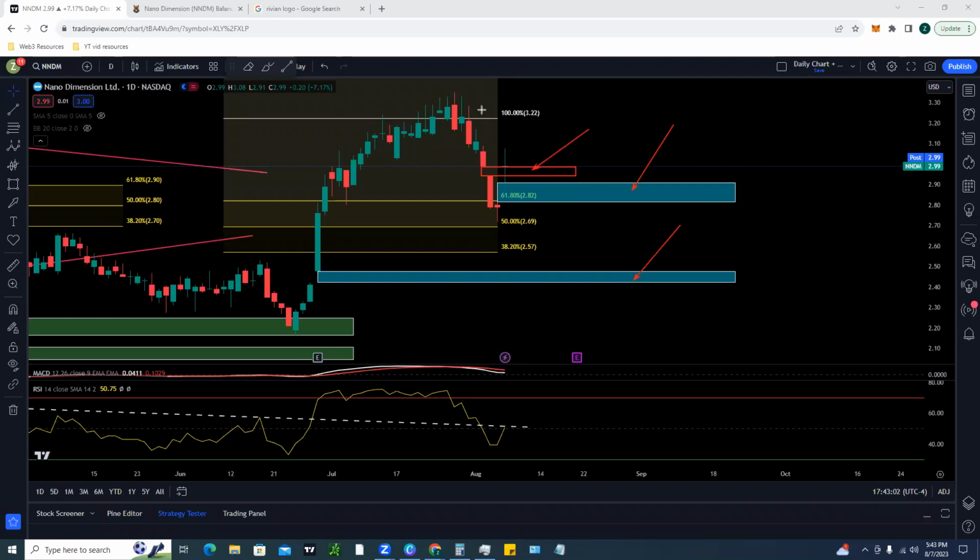Right now, what you have to keep in mind is that these gaps, they tend to fill about 90% of the time. So, if you're looking for an opportunity to get in Nano Dimension, I do think that it's very possible that we could fill this gap down here that we just created today on the gap up of the news, and potentially even the gap down here. Now, remember,